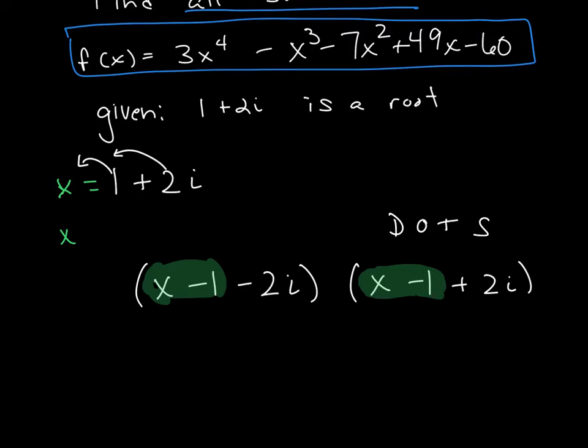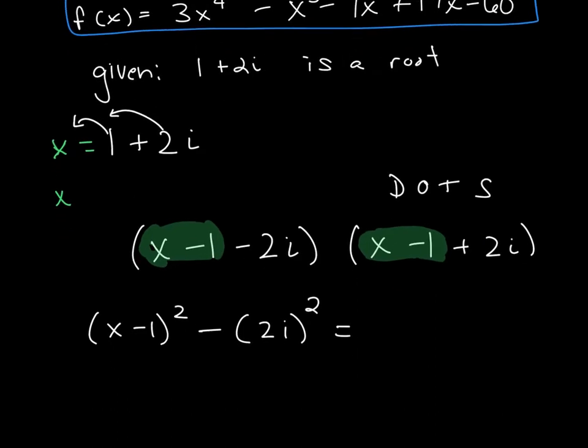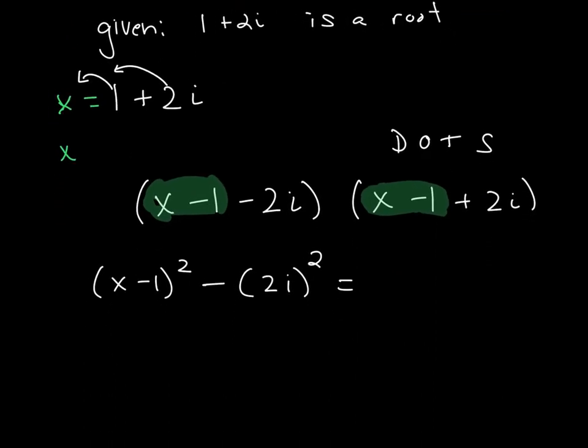So when I do that, I have x minus 1 quantity squared minus 2i quantity squared. Multiplying all of that out leaves me with x squared minus 2x plus 1